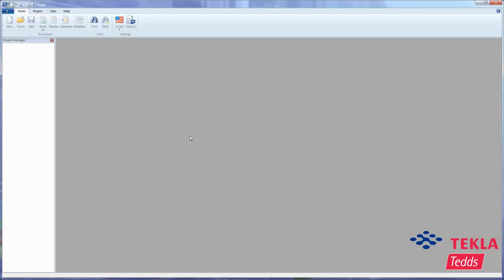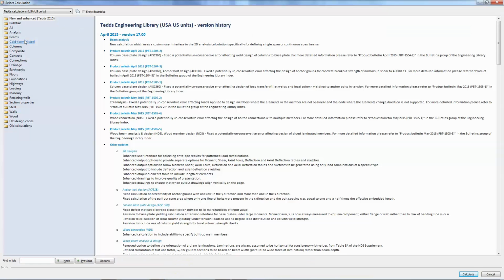In this video, we're going to go through the flagpole embedment calculation included in your TEDS trial. Note that this module does allow a point moment to be included anywhere along the pole. To begin any of our TEDS calculations, simply click on the New button and navigate to the calculation you would